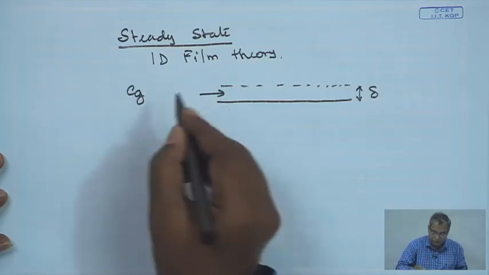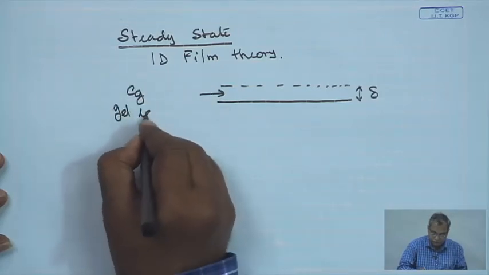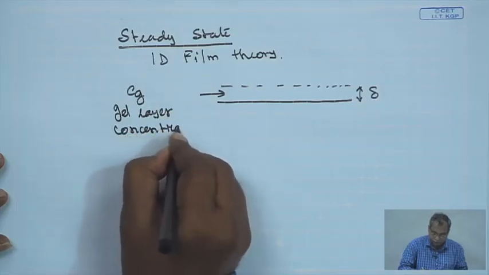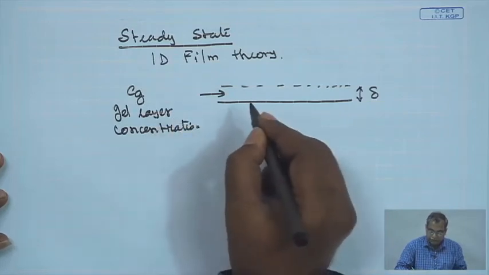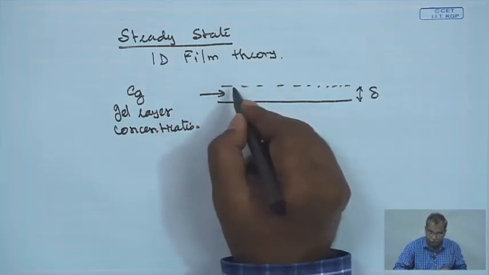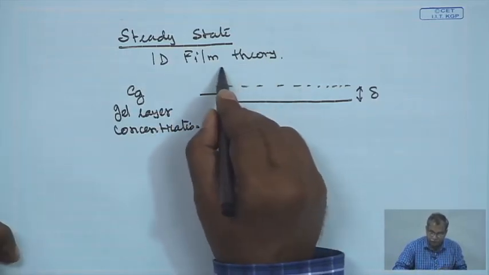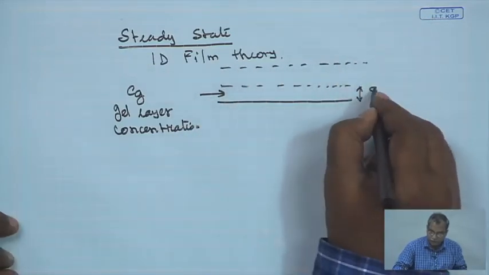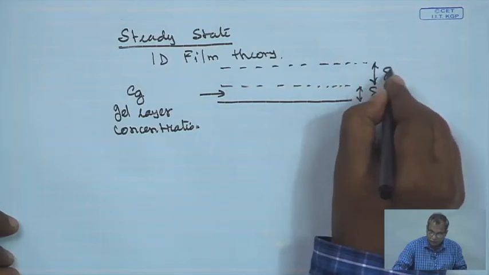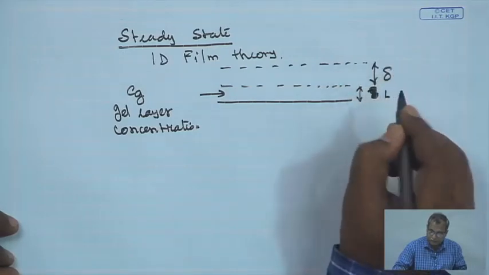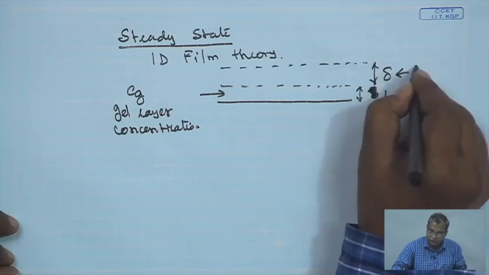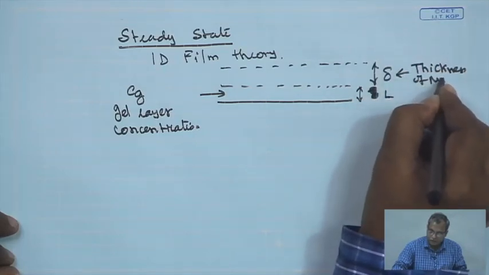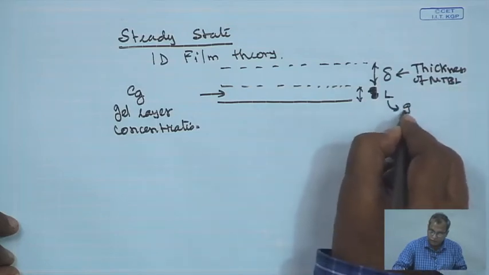So, Cg is known as the gel layer concentration, and at the steady state there will be a constant growth of a mass transfer boundary layer over this. So, this is the thickness of the mass transfer boundary layer,